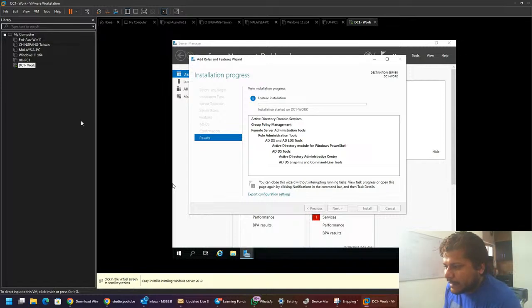It may be slightly delayed for you in case you have given less memory. The higher the memory and the more processor cores your server has, the better performance and the higher reliability you'll have. But as I said, this is a test environment. We'll only be using whatever we have with us to learn as much as we can.